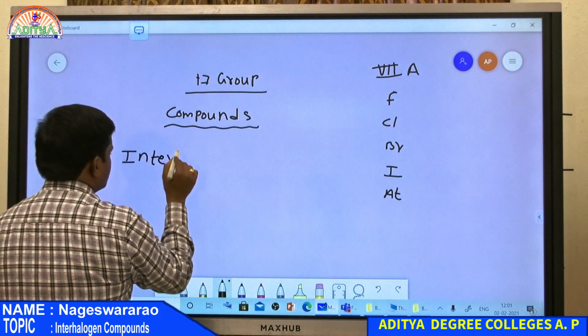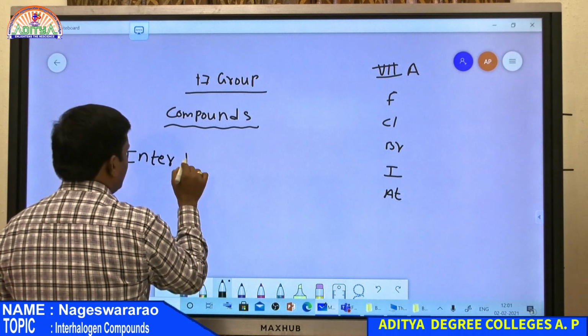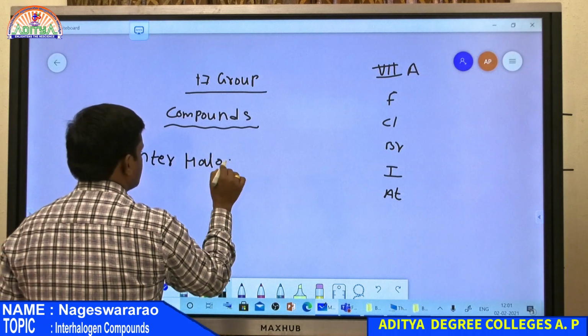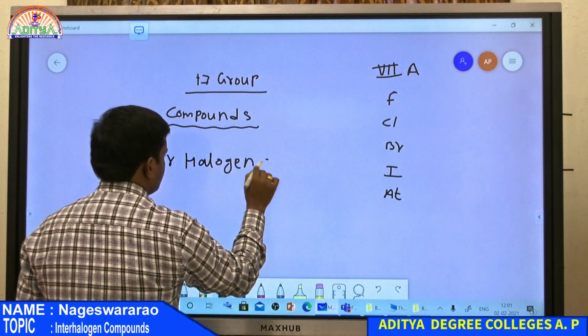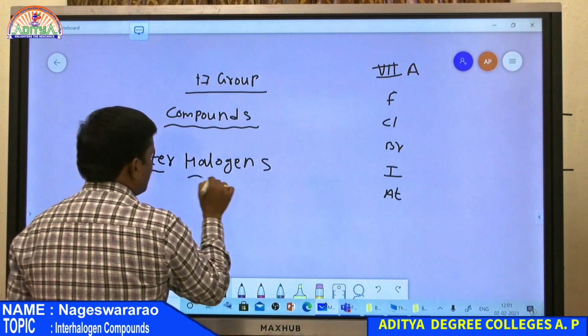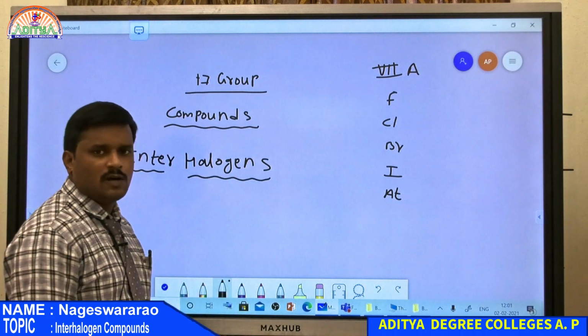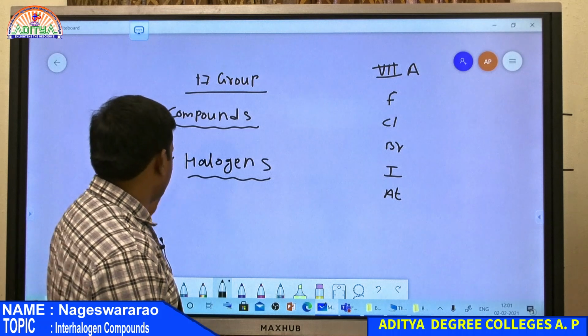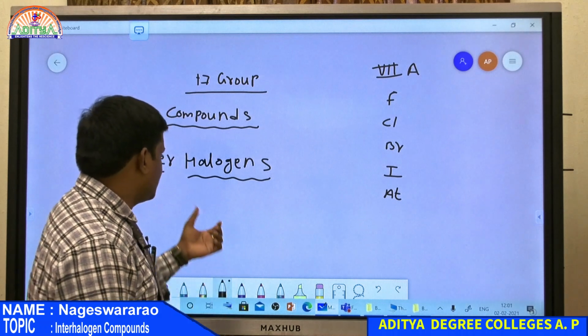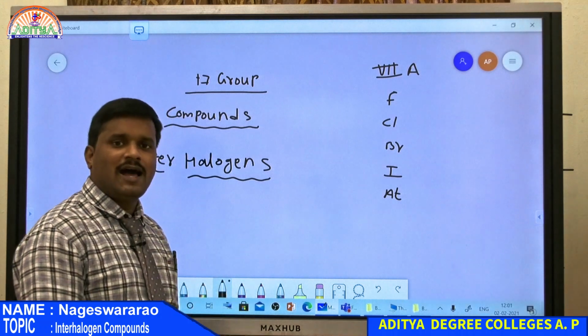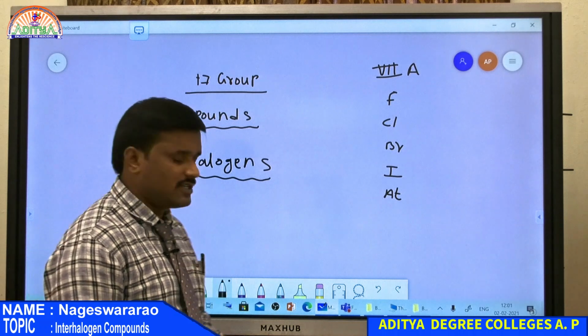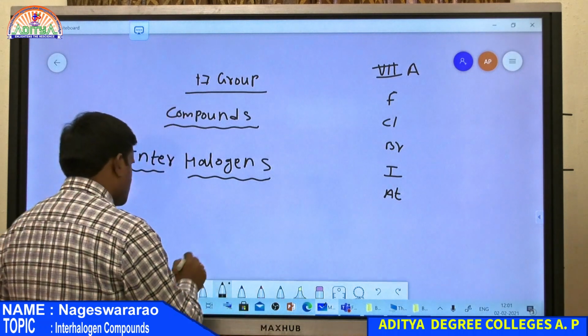This is an important essay question in this chapter: interhalogens. These are the compounds of halogen. Compounds of halogen, that is nothing but interhalogens. There exists a bond between 2 halogens or 3 halogens, so that is nothing but the compounds of